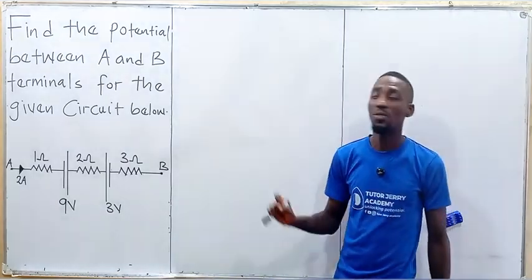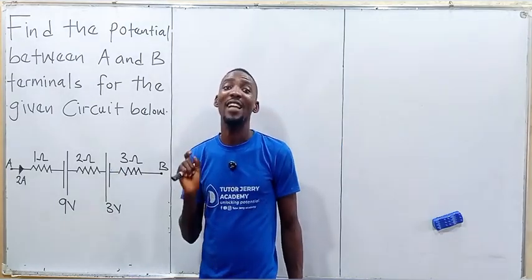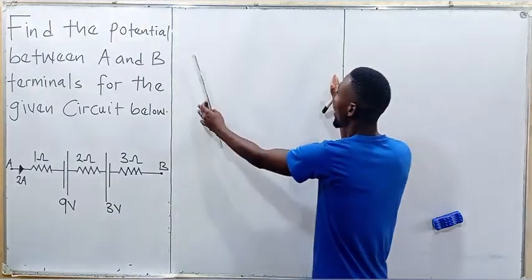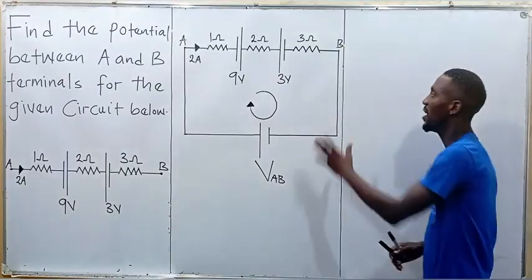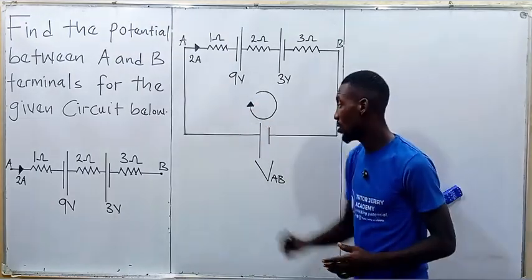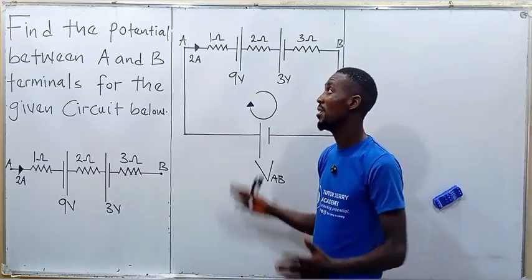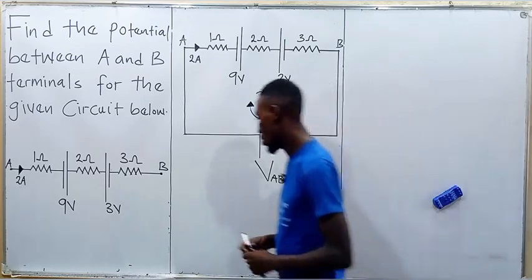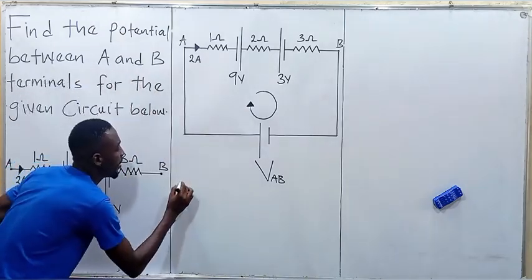For us to solve this question correctly, we are going to connect an unknown voltage source to this circuit. So I'm going to be drawing the circuit here. So here is the voltage source. Now we've connected a voltage source to it, which is VAB, since the question says we should find the potential difference between A and B terminal. Now we are going to apply KVL. So applying KVL,